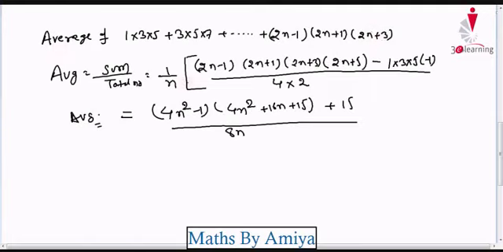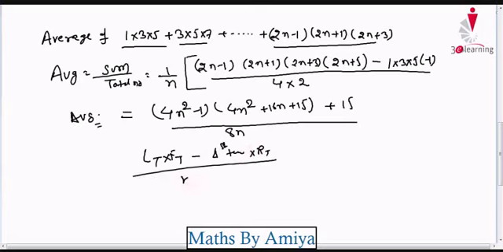So we are not looking for the average. Our aim for this video is to understand how we can find the sigma of an AP series, product of an AP series. And the formula is just last term into forward term minus first term into reverse term upon number of terms into formula into common difference of the formula. Okay, I hope it is clear.